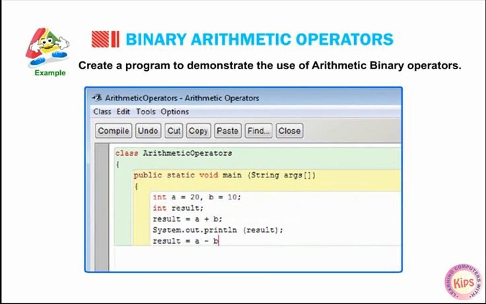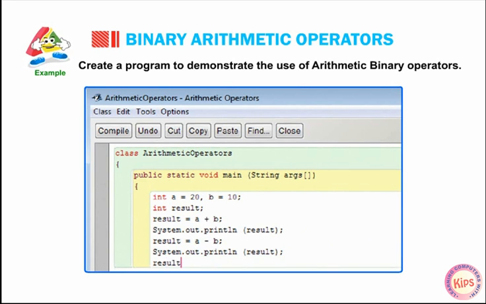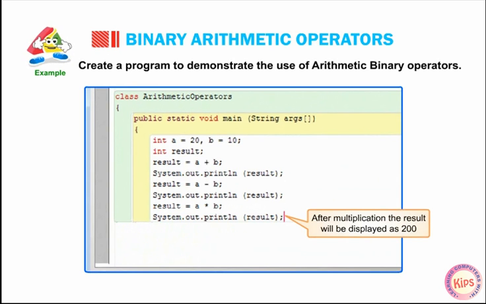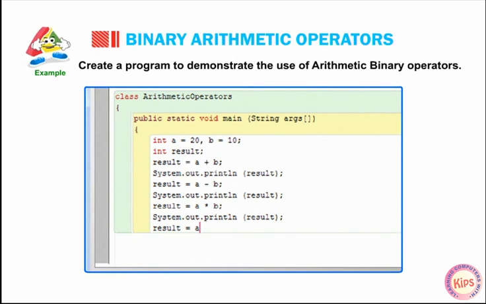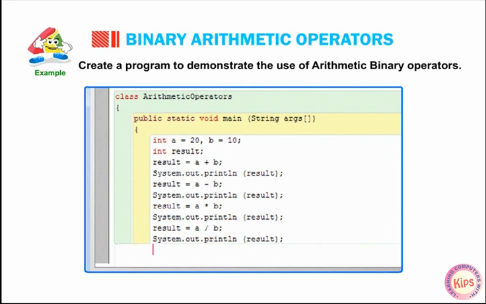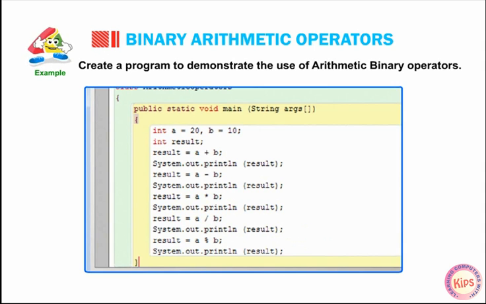result = a - b; System.out.println(result); After subtraction, the result will be displayed as 10. result = a * b; System.out.println(result); After multiplication, the result will be displayed as 200. result = a / b; System.out.println(result); After division, the result will be displayed as 2. result = a % b; System.out.println(result); After modulus, the result will be displayed as 0. } }